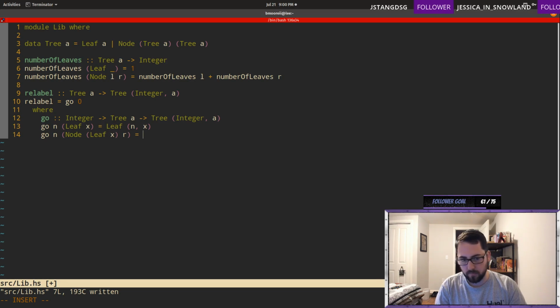So I think we have to recurse to the left one first, and then the right one. I don't know if this is going to work right, but I'm kind of curious because I thought that one would be able to write this recursive function. Maybe somebody can tell me I'm wrong before I get going, but it seems like it should be possible.